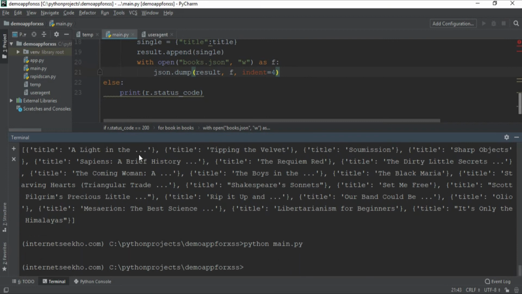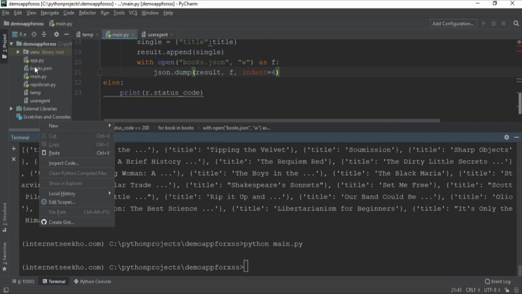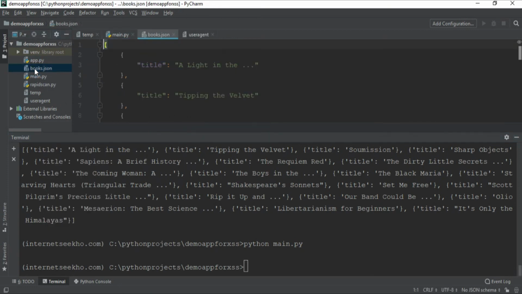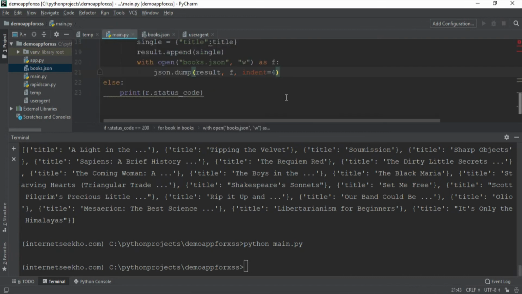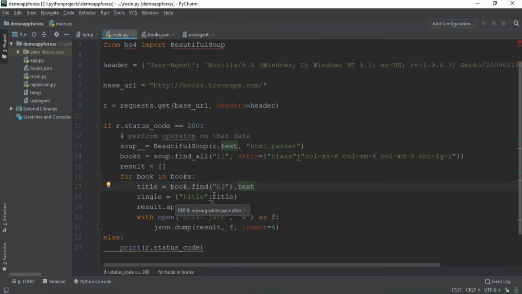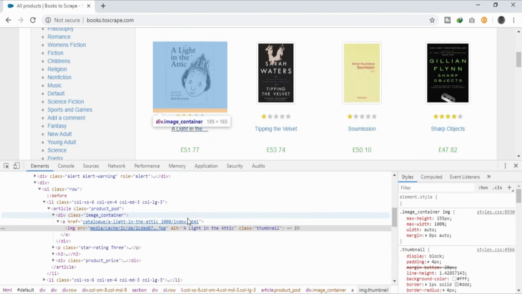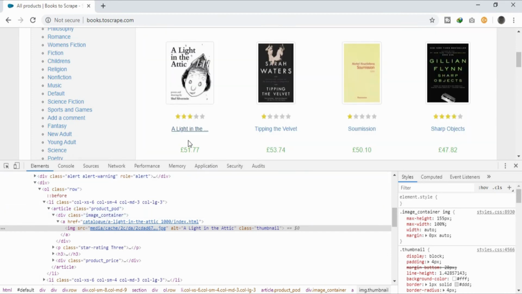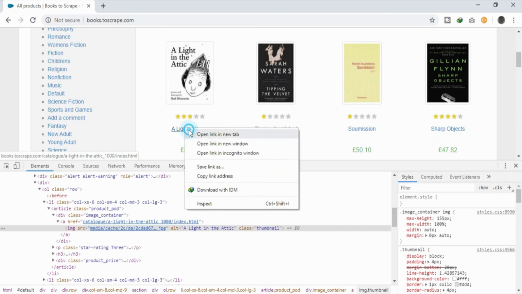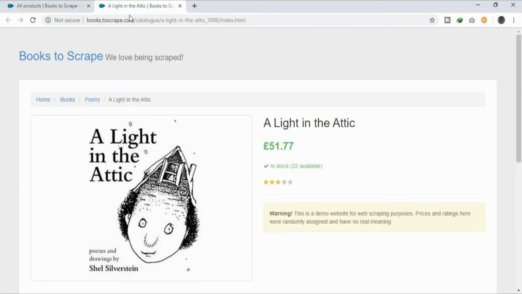Once the code gets executed, you can see that we have created a file which stores all of the titles of the books. You can see that we do have all of the data right over here stored in the books.json file. Okay, so now you can get crazy with getting the data, like you can get the link, the stars, the price, and everything you want. But let's just for the sake of this demo, let's just get the link of the book